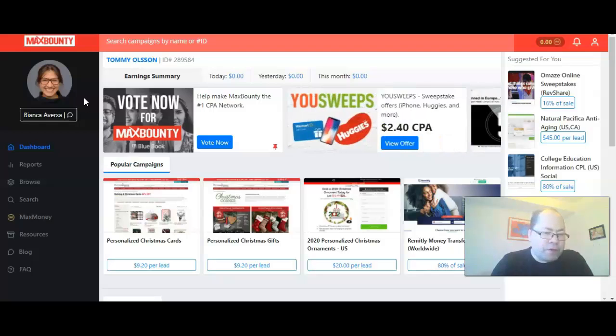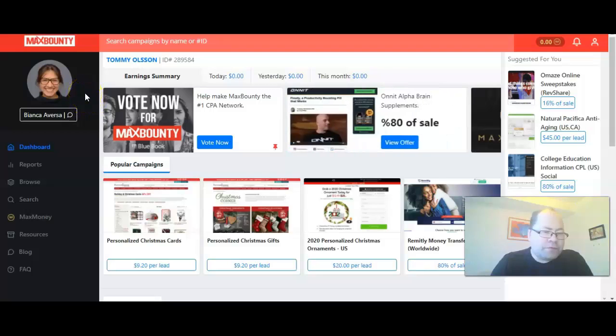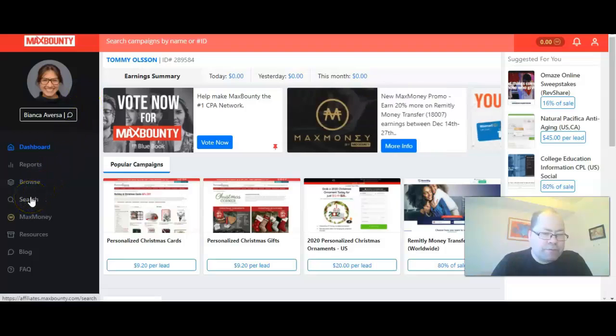You also get emails with updates and tips on good campaigns, at your chosen email address. But let's now see how you can find a good offer.